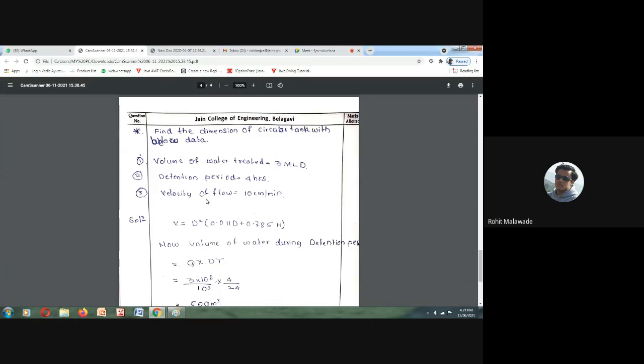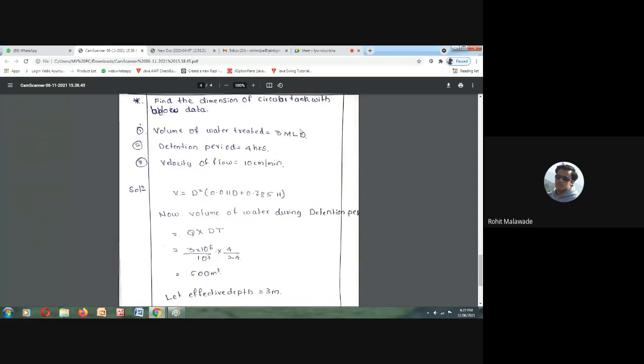Now find the dimension of a circular tank with the following data. Again, with the same data, we are going to solve it, right? Volume of water is 3 million liter per day. Detention time is 4 hours. Velocity of flow is 10 centimeter. The same data we are going to utilize to solve the problem. Now, as I have told, the formula we are going to use for the sedimentation tank is volume is equal to d square into 0.011 d plus 0.785 h. Where